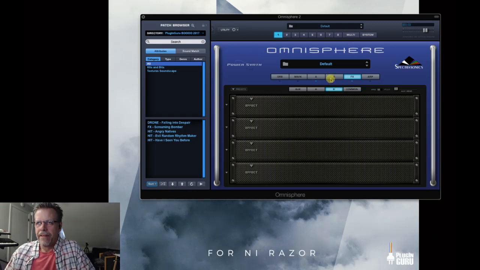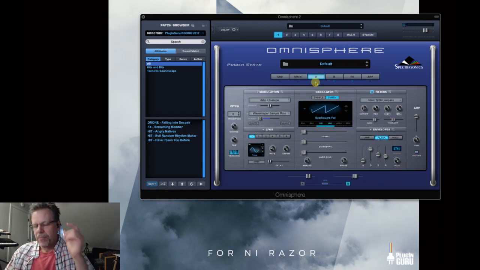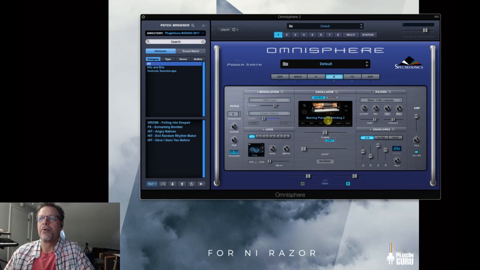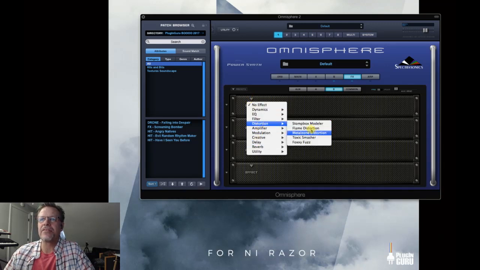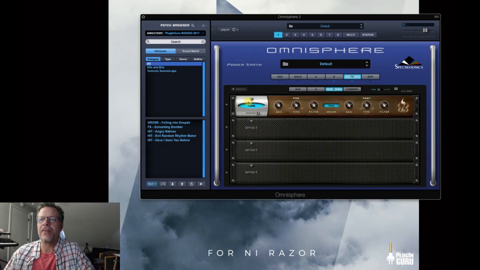Now, because of lots of experience, I can tell you right now, this nice warm burning piano bending effect is begging for distortion, my friends. It's nice and round. There's not any harsh frequencies. So we can go to the distortions. There are other ones, but the flame distortion is still one of my favorites. You can get such really nice